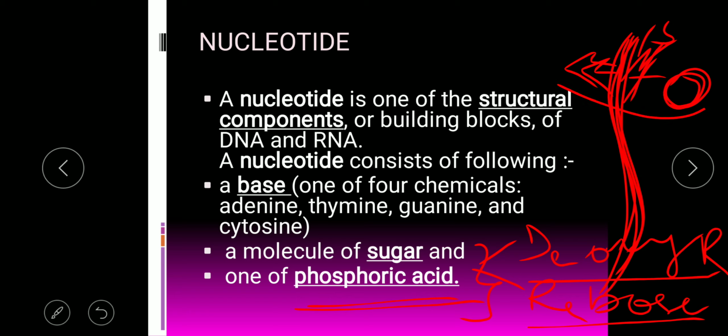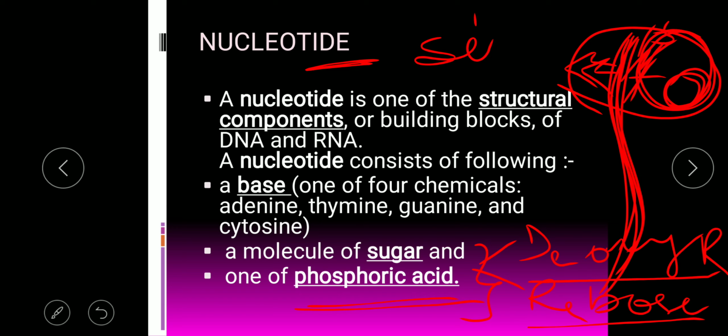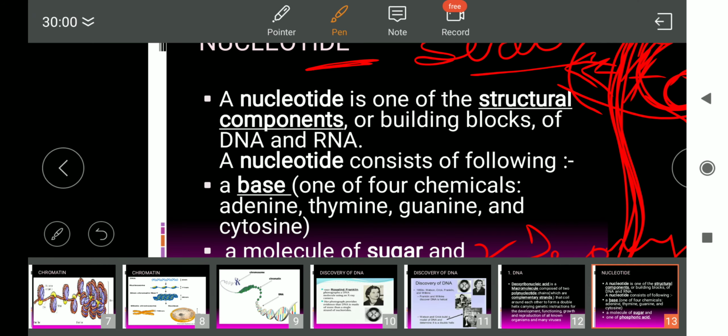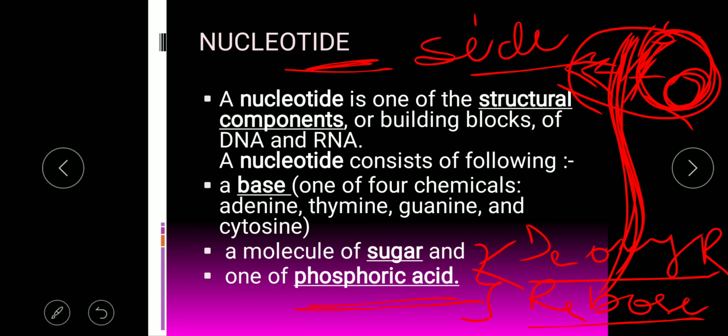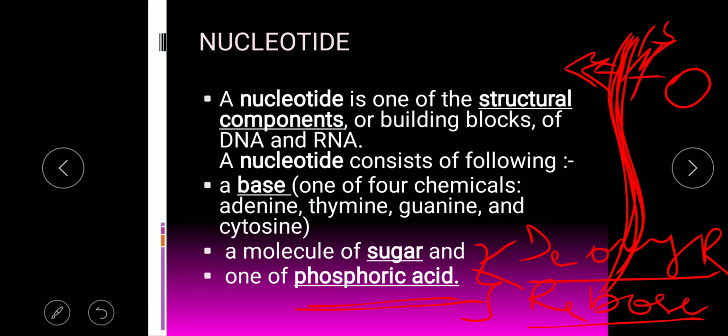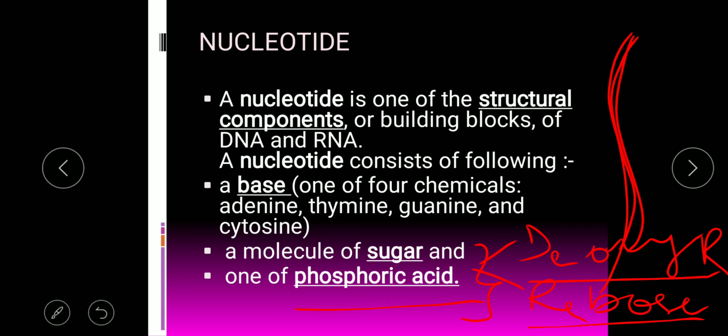So these three compounds all together are known as a nucleotide, whereas the sugar and the nitrogenous base combined are known as a nucleoside, not tide. So sugar and the nitrogenous base combined is a nucleoside, and when the phosphoric acid is attached to it, then it will be known as a nucleotide. Okay, so a nucleotide is a complex chemical compound composed of three basic units: a nitrogenous base, a molecule of sugar and phosphoric acid.